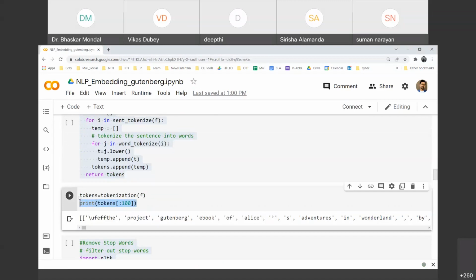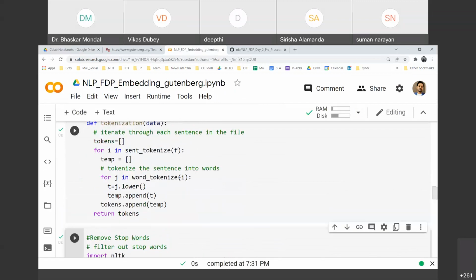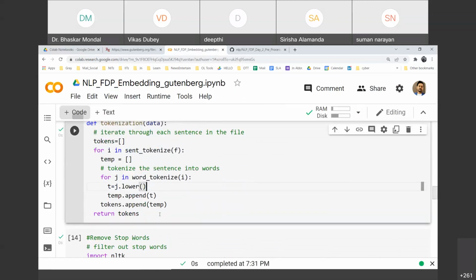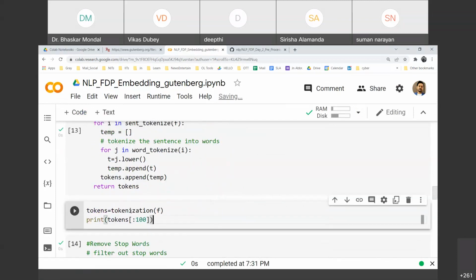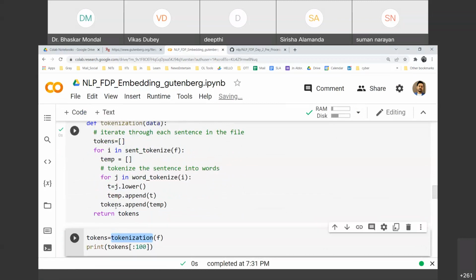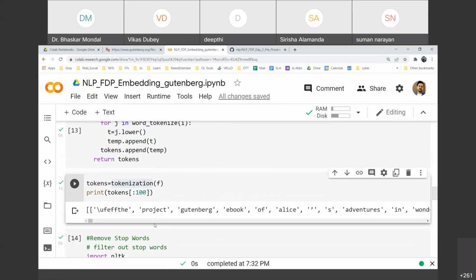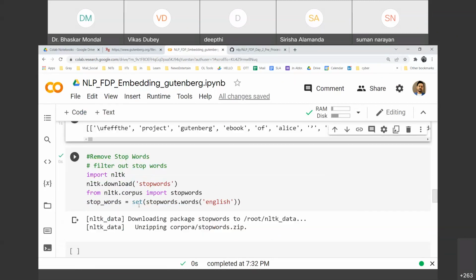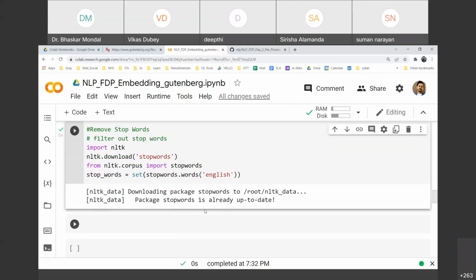Okay, let's go with just modifying this or calling these functions also, so that you can understand what is happening in each of the parts. Okay, so the tokenization function, we are calling it here. Let's see. Okay, so the raw Alice is tokenized here. Then remove stop word. Okay, so